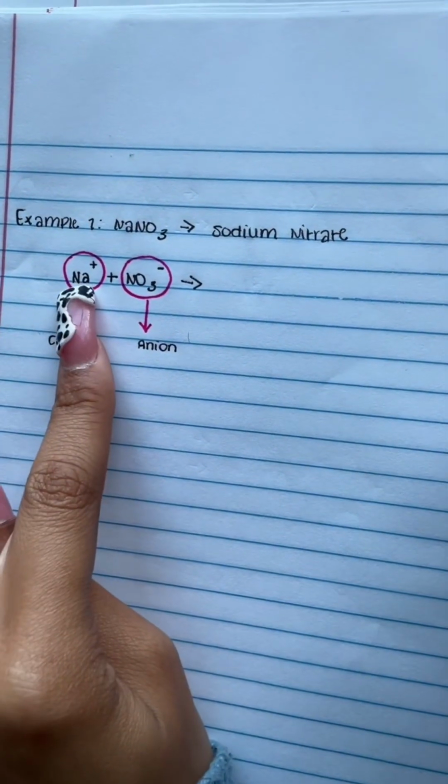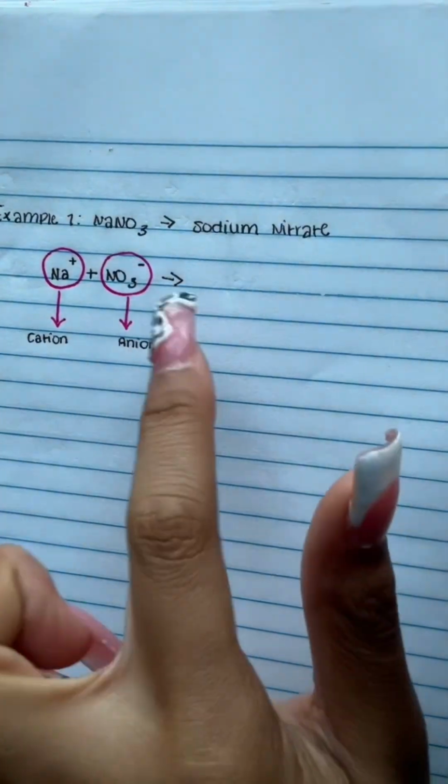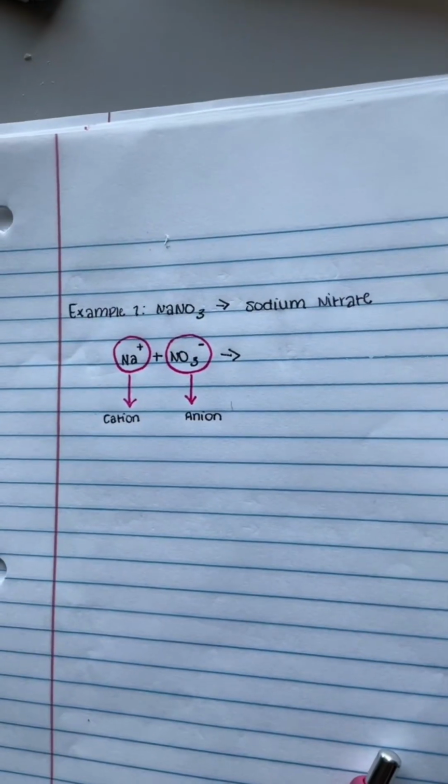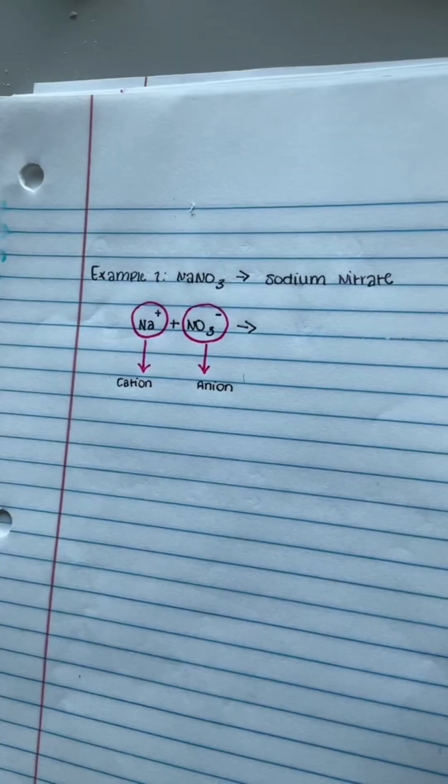Then we have polyatomic ionic compounds, which include ions made up of multiple atoms. For example 1, we're going to use sodium nitrate. Here, sodium is our metal forming a positive ion, the cation. The nitrate ion, NO3-, is a polyatomic ion made of nitrogen and oxygen atoms, but together they carry a single negative charge. Since sodium has a 1+ charge and nitrate has a 1- charge, they combine in a 1:1 ratio to make a neutral compound, sodium nitrate, or